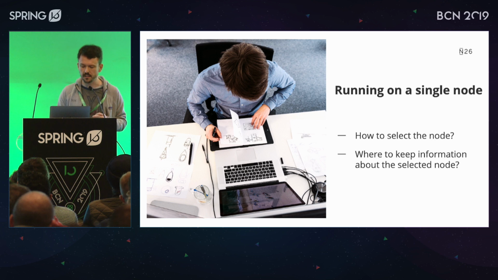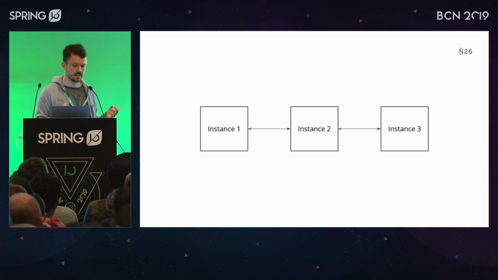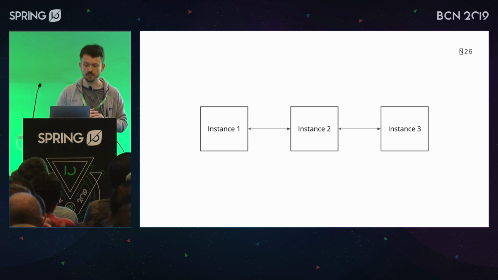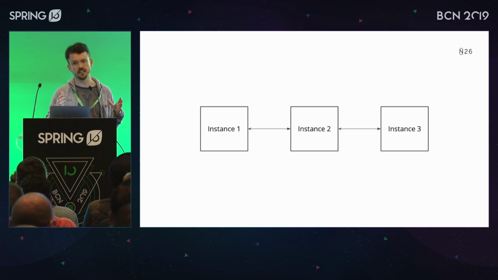So let's look at the whole system, how it could look. We have 3 instances, let's say for the sake of example, and the instances actually could communicate between each other, and they could say, maybe we can agree between us that one of us should be a leader. But the approach in Spring, and I suppose also in other frameworks, is that the nodes are pretty stateless. So basically they are alone, kind of standing,